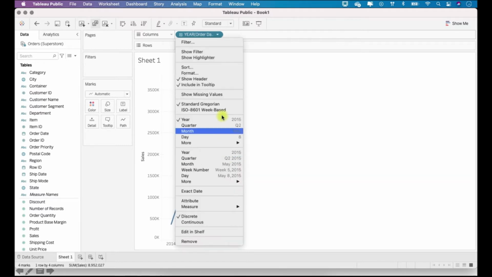So date part by default is discrete and blue in color. So the pill is blue basically. As you can see here, this is blue, and by default it is a date part. Okay, date part is selected over here, and date values by default are continuous in nature, and so the pill will be green in color. Although we can always toggle this. So we also have the option for discrete and continuous here. We will explore this also.